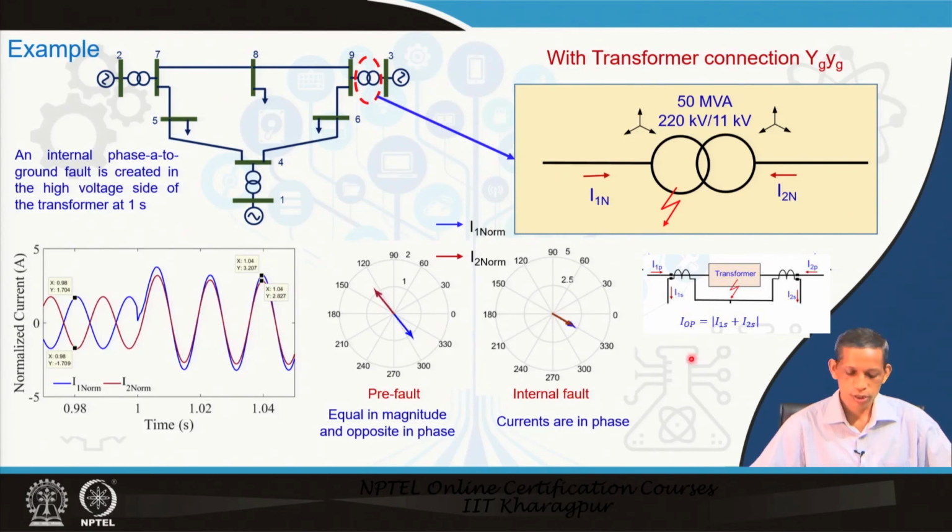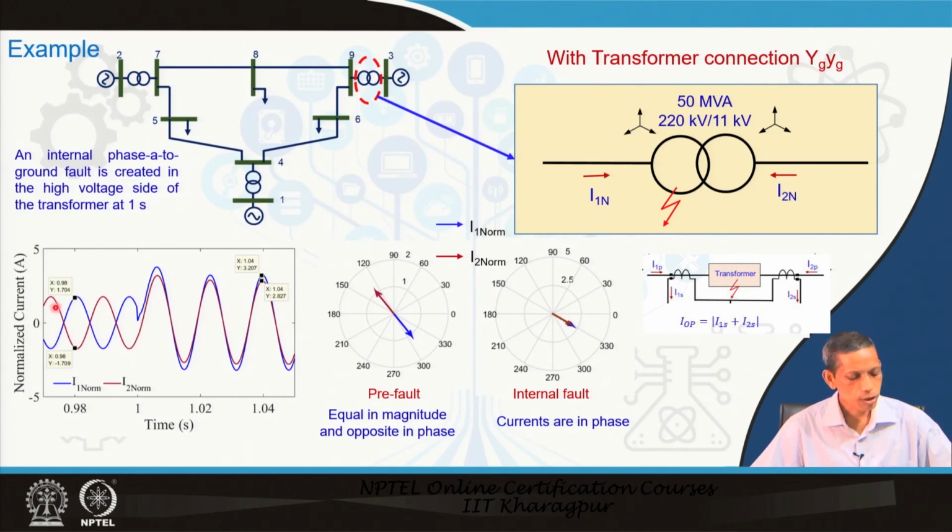So, this is the star grounded transformer with this convention of CT connections. Now you see, this is an internal fault case. We have both the normal edge current on the primary and secondary side, blue is for the high voltage side, and red is for the low voltage side. Throughout our discussions, one, that is primary, is the high voltage side, and two is the low voltage side. That is the convention we will be using throughout.